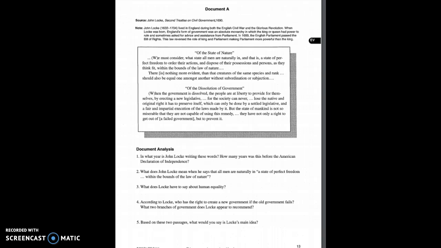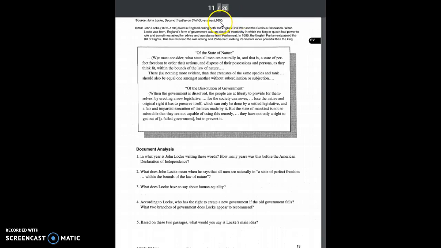All right, as we wrap up, let's go ahead and take a look at some of the guiding questions. So guiding question number 1, document analysis questions. What year is John Locke writing these words, and how many years before the Declaration of Independence? So if you look at the top of the document, the year is 1690. So remember that indicates it's a primary source. The Declaration of Independence is written in 1776. So if we're doing the math right here, we're talking about 86 years